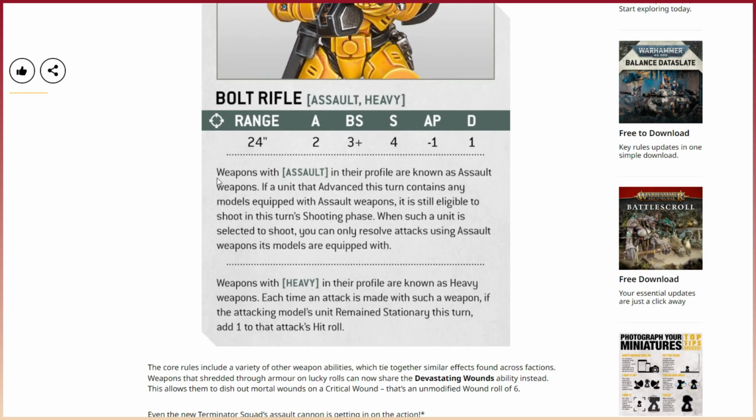Now it doesn't say anything here in regards to a -1 to hit penalty anymore. So at this moment in time we can only presume that if you've got an assault weapon you can advance and fire as normal. Now why that's important is because we've got quite a lot of assault weapons in our